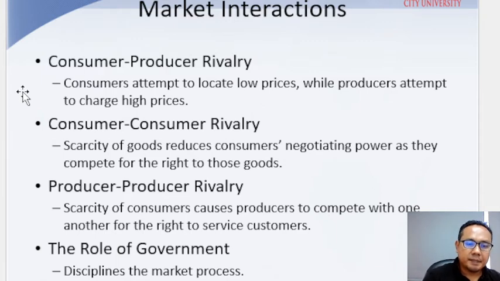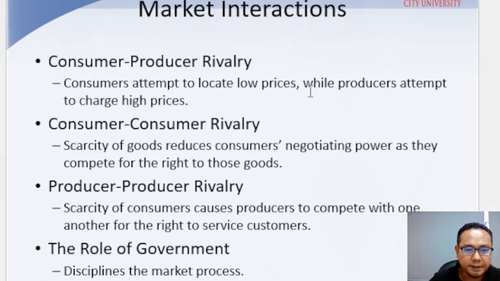We have to bear in mind, when we study economics, that there are two sides to every transaction in the market. That means for every buyer, there must be a producer. So in this section we have to really understand this interaction or relationship,